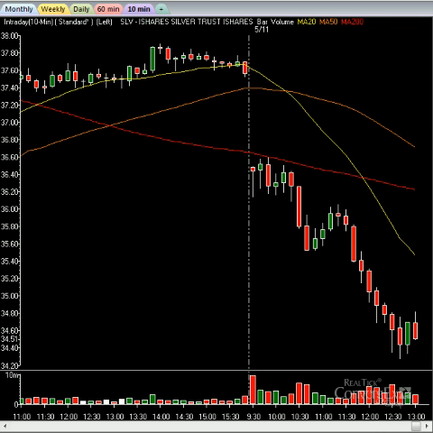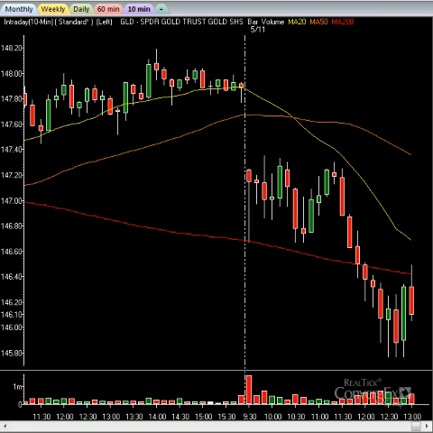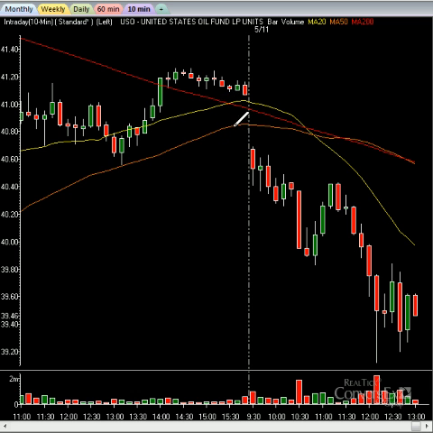Because the dollar is going higher. GLD getting crushed as well, down $1.80. Why? Because the dollar is going higher. USO down $1.62. This is a huge drop on oil again today, folks. We have seen so much volatility in the commodities lately. And why is oil dropping? Because the dollar is going up. It's all about the dollar.